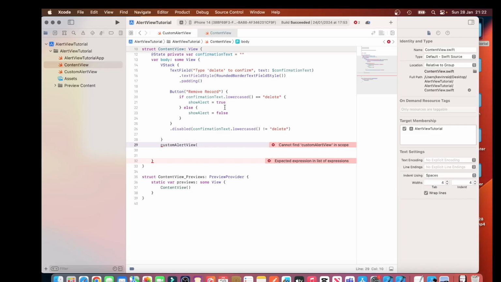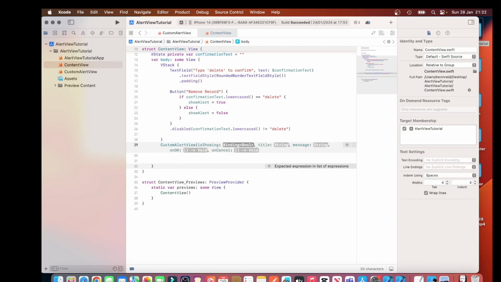For the custom alert view, it should be a capital C. So within the custom alert view, we need to pass in the following parameters, which are showAlert,